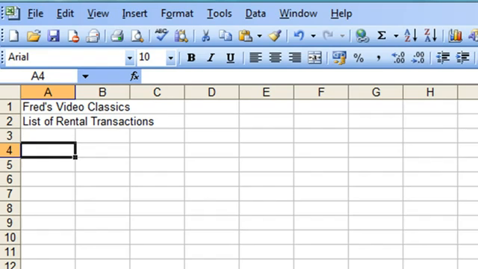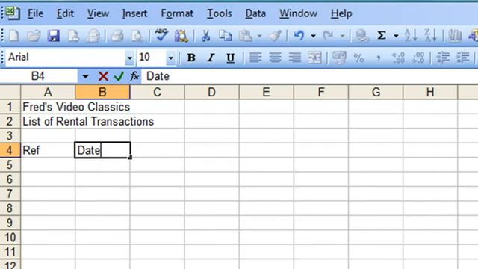table itself, and that's so Excel doesn't confuse my titles with the table, which will become clear later on. Step number 2 is to put some column heading labels in. So I'm going to start with REF, short for reference. I'm going to put a date in, customer name,